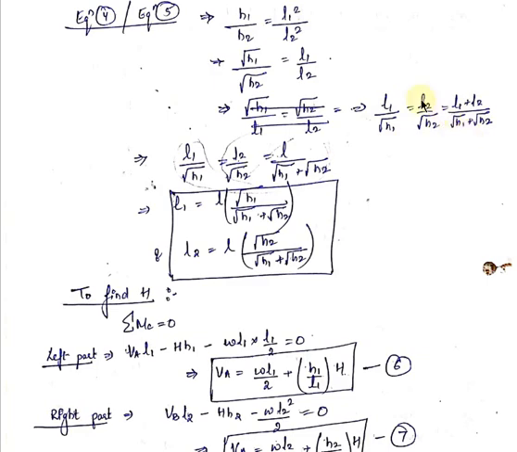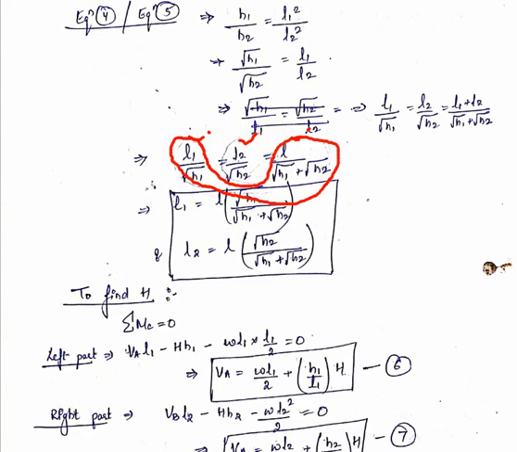So I can also write these ratios equal to L1 plus L2 divided by root h1 plus root h2. Now we have got these three ratios: L1 upon root h1, L2 upon root h2, and L upon root h1 plus root h2. L1 plus L2 is your L, so I can write L1 plus L2 as L. Now we will put these two equations as equal. After putting these two equations as equal, I will get the value of small l1, which will come out to be L root h1 upon root h1 plus root h2.